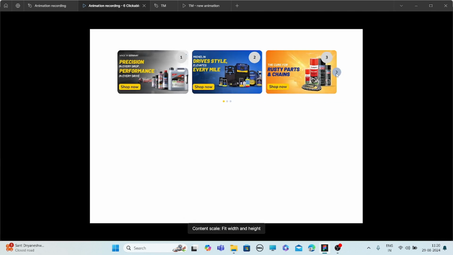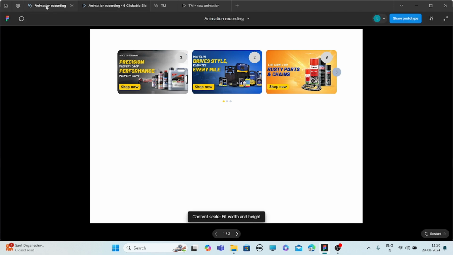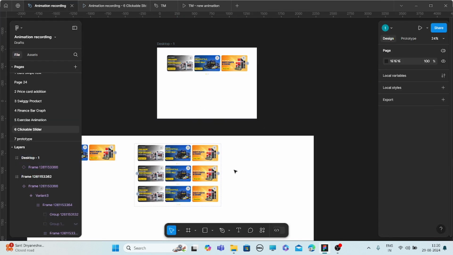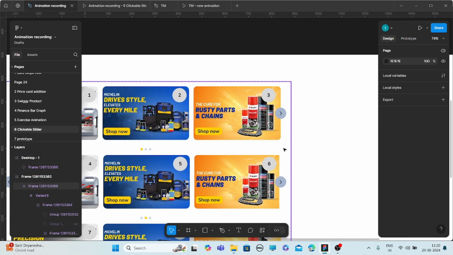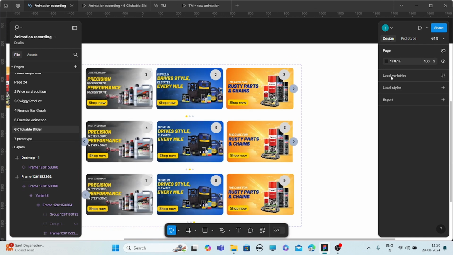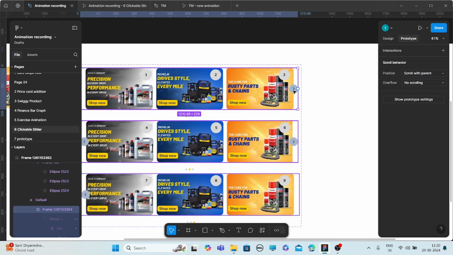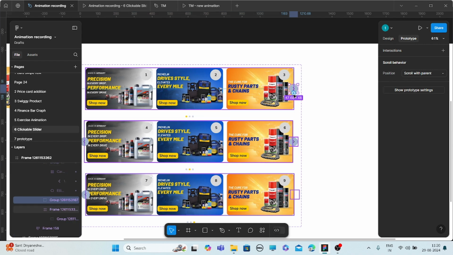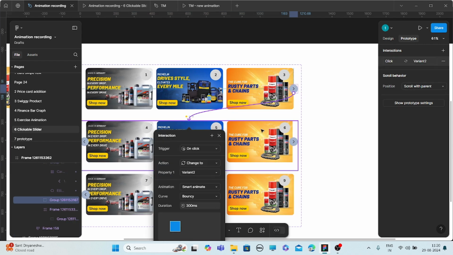Let's check. Sorry, we have not added the prototype part. So how it will work now? Let's do the prototype. Here we'll select this arrow. If I click here, it will move.